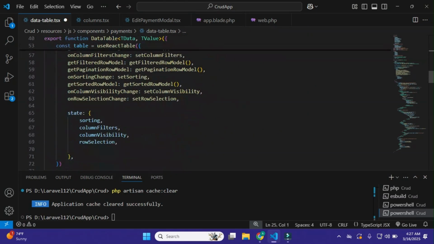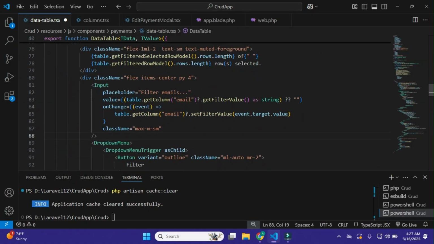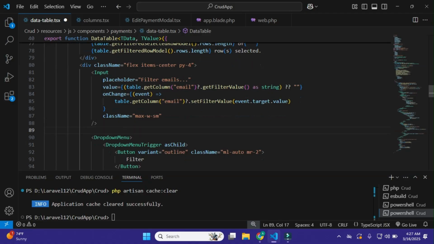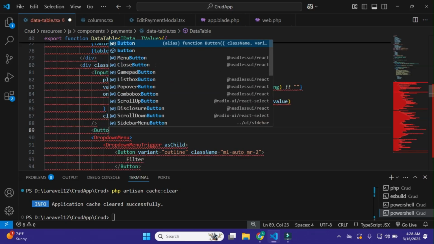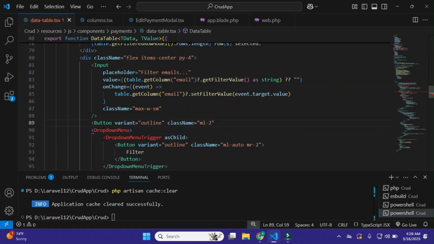I'll go to data table, and within the data table after the email, I'll add a button with variant outline and give it class name ml-2, and on click,